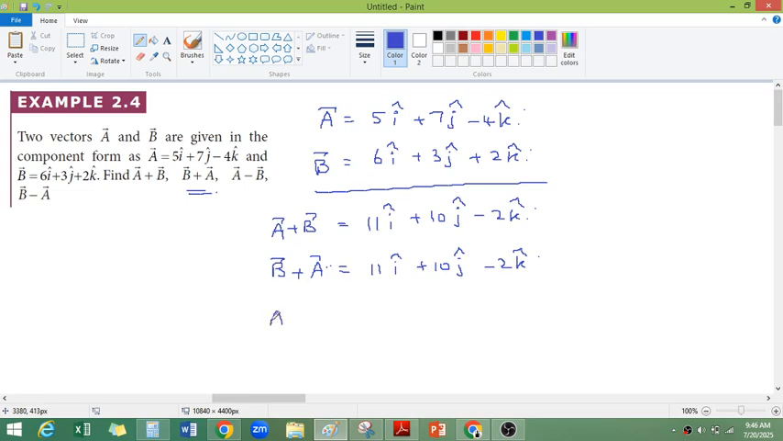Let's try a minus b. So a minus b: 5 minus 6, it will be minus 1; 7 minus 3, it will be 4; minus 4 minus 2, it will become minus 6. Okay. Similarly, if I calculate b minus a,